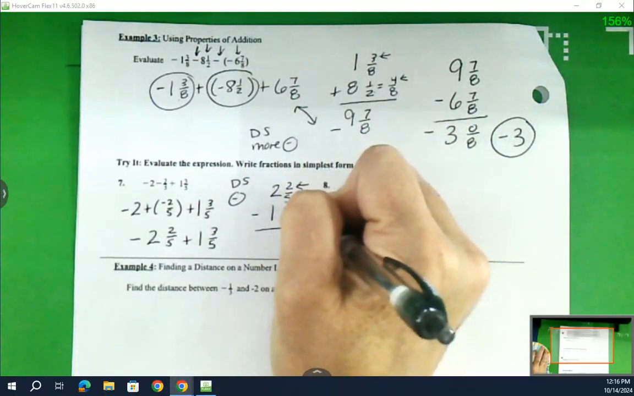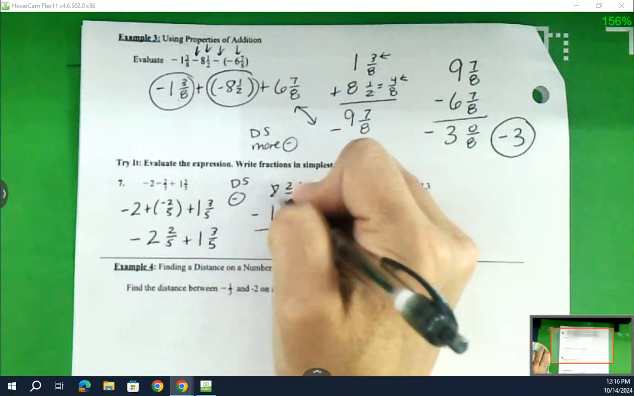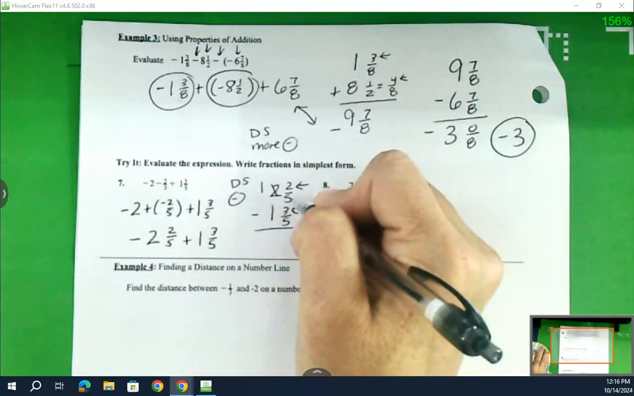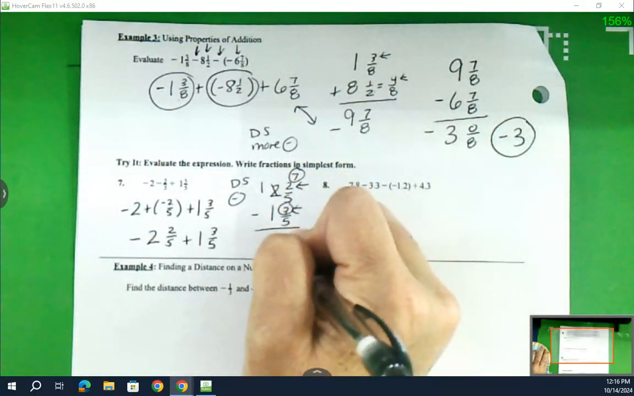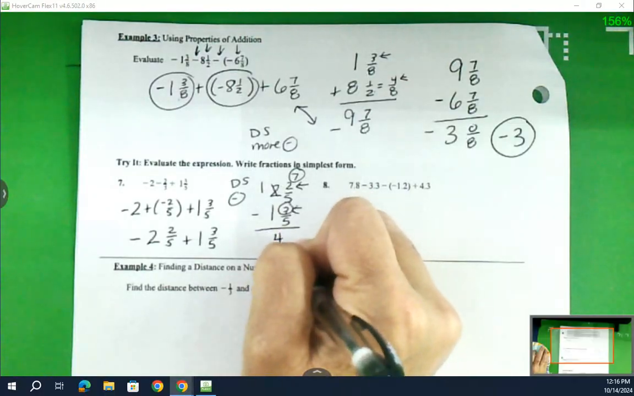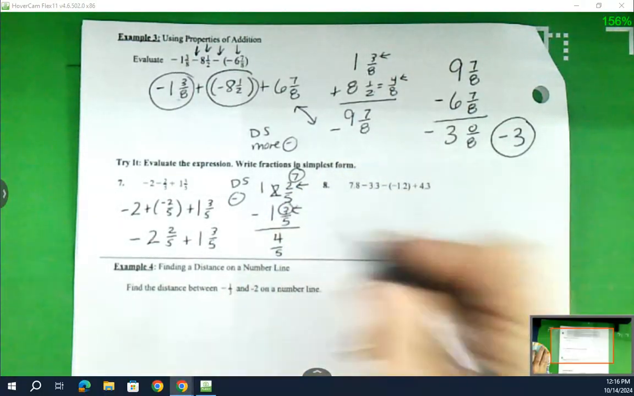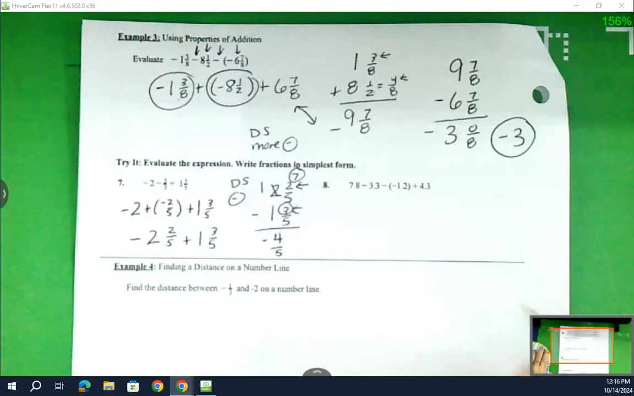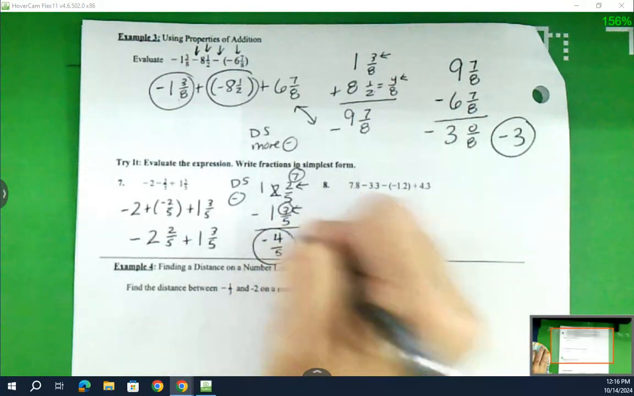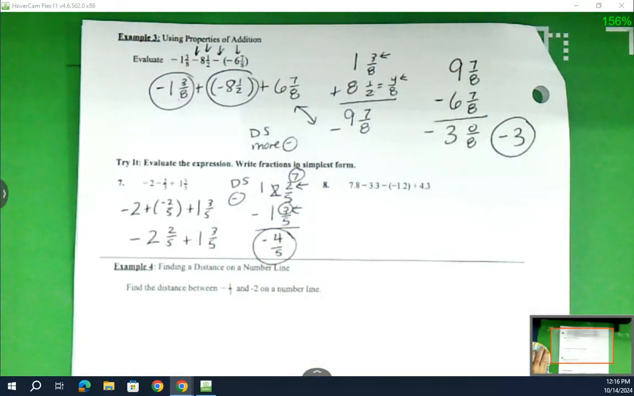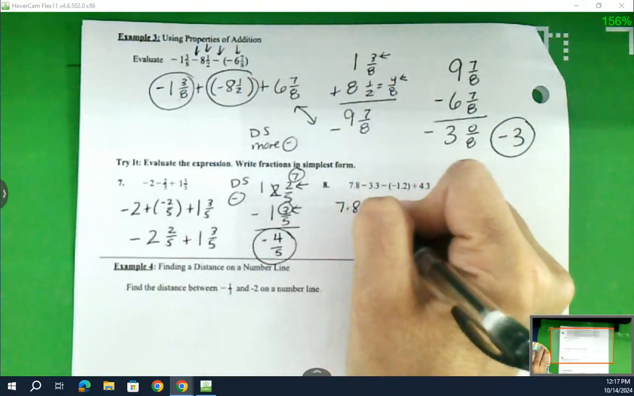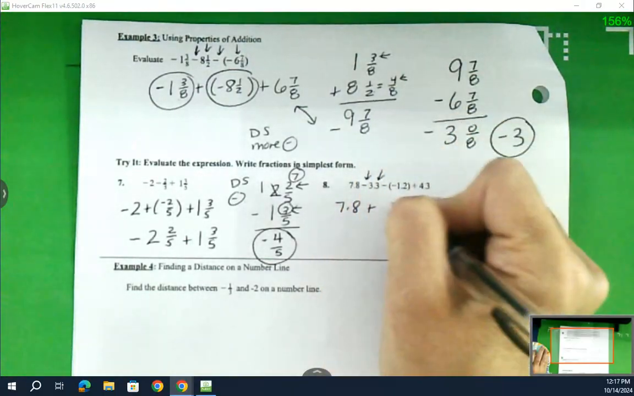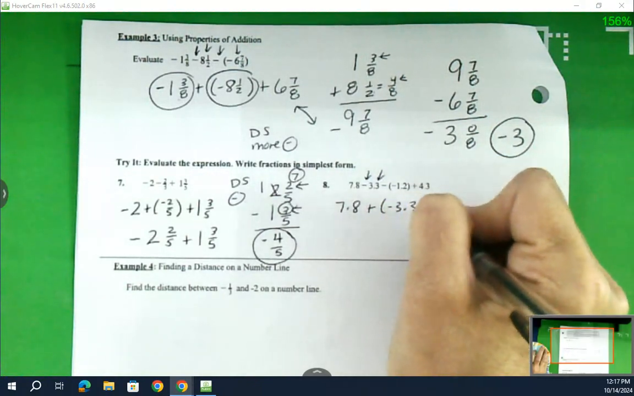But 2/5 cannot subtract 3/5, so I'm going to have to borrow. We'll make that a 1. 5 plus 2 is 7. 7/5 minus 3/5 is 4/5. And 1 minus 1 is 0. We have more negative. Don't forget that negative sign. We have negative 4/5. All right, rewriting this next row, we have 7.8 plus, adding the opposite here, negative 3.3